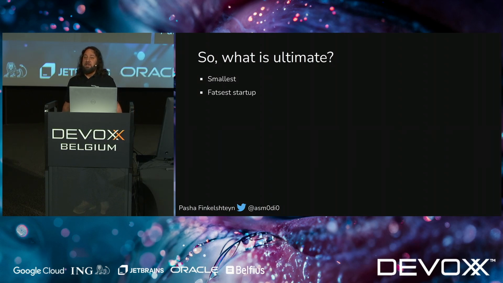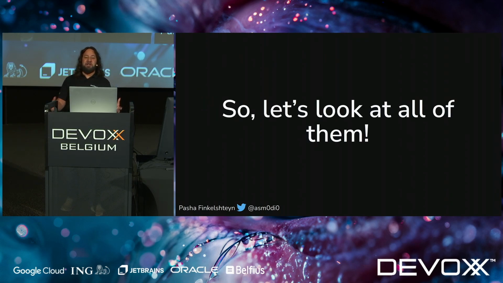But maybe it's an image with the fastest startup, in milliseconds. It's what Alina likes to show us, right? With GraalVM or with Liberica Native Image Kit, you build your Spring application and it starts up in no milliseconds. Or maybe it's something in between. I don't know what's ultimate for you. I don't even know what's ultimate for me, actually. So today, we'll try to look at all of them